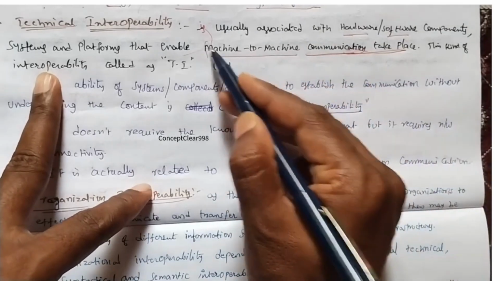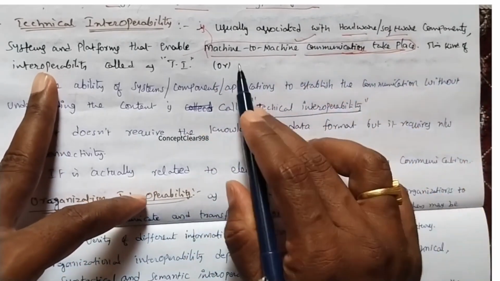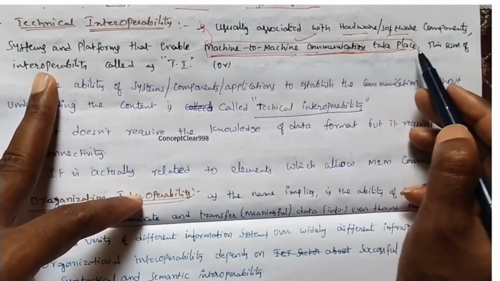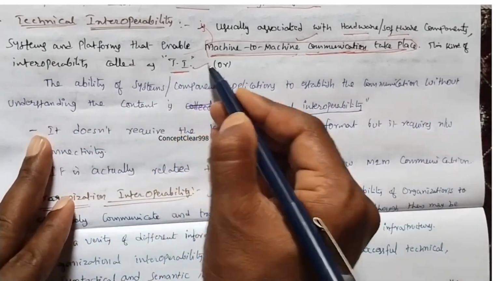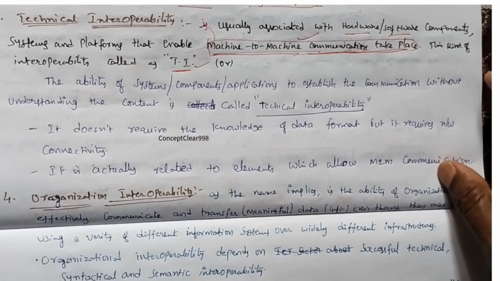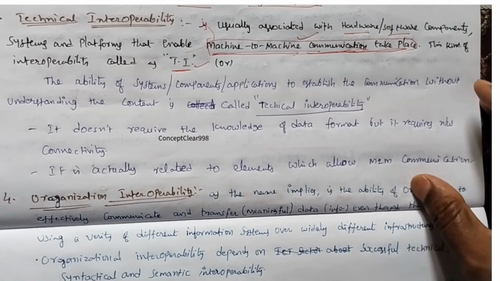This is the important thing here. You have to provide the communication link between one machine and another. This kind of interoperability is called technical interoperability. Without understanding anything, if you are providing a communication link between two machines, that is called